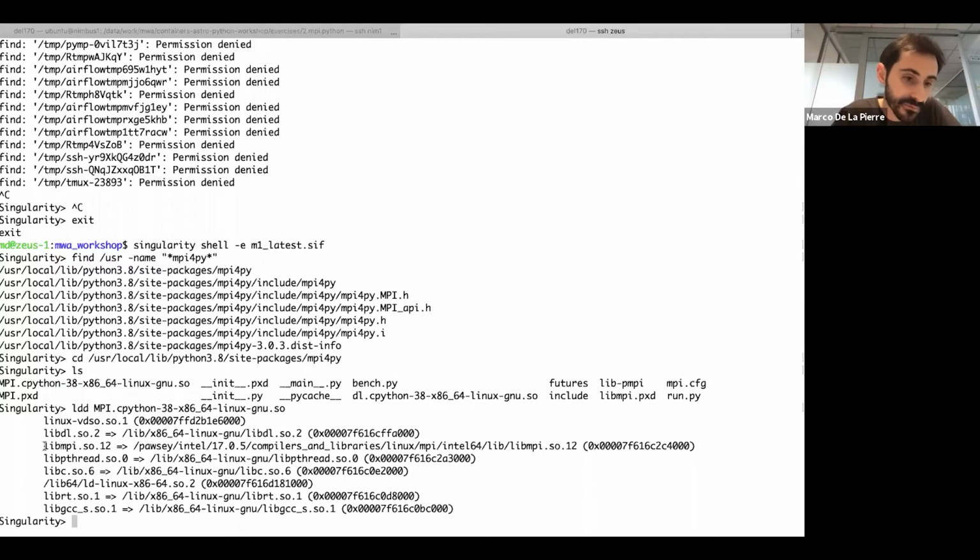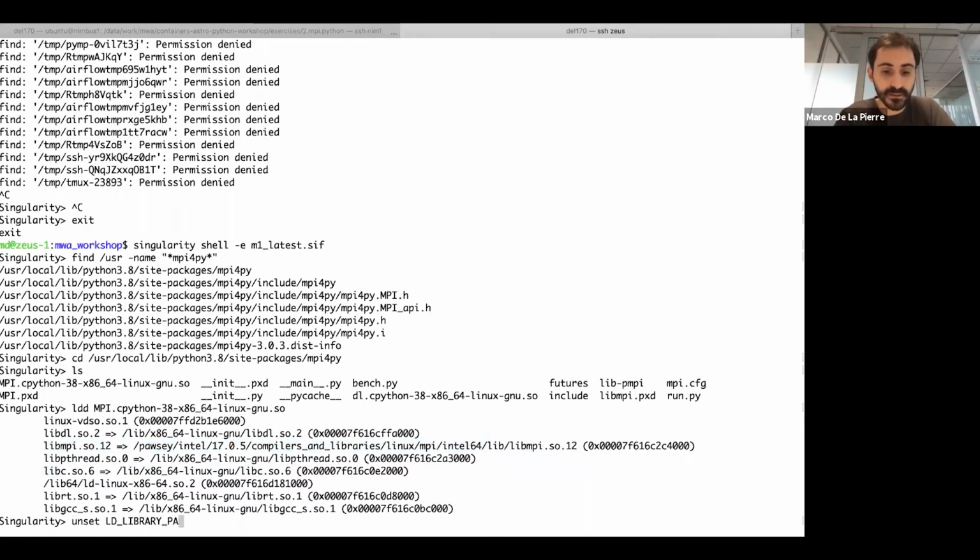And here we go. Funny fact, this mpi4py library needs libmpi, and it's finding it under /pawsey. So this kind of shows you the benefit of setting those SINGULARITY_BIND_PATH and SINGULARITYENV_LD_LIBRARY_PATH variables. Now let's unset